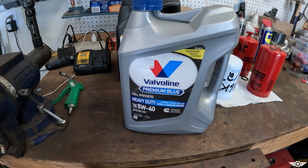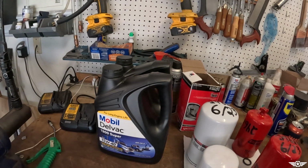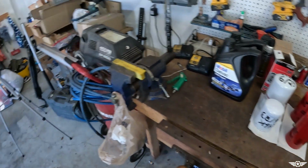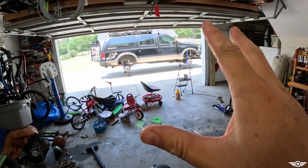Premium Blue Synthetic 5W40, that's what's currently in the truck. I think. It could be Mobil Delvac 1 5W40. I don't know. It's a synthetic 5W40. And we're gonna change the oil and top it off with a conventional 15W40, and it's not gonna blow up. It's all gonna be perfectly fine. I'll even send the oil off to a lab after the trip just to prove it. So let's go ahead and get all this changed out. Then we can work on greasing the suspension and the shafts, put the tires back on, and have a whole